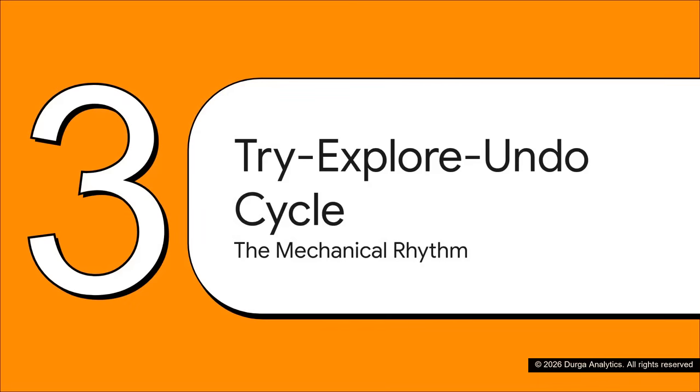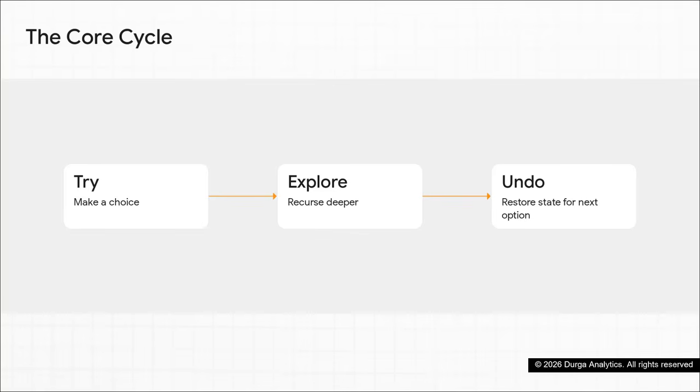Which brings us to Part 3, the try, explore, undo cycle, the mechanical rhythm. Every single backtracking algorithm out there shares this super clear 3-step recursive cycle. Step 1, you try a choice. Say, placing a queen on a chessboard or picking an item to put in a subset. Step 2, you explore the consequences of that choice by recursing deeper into the problem. And then, Step 3,